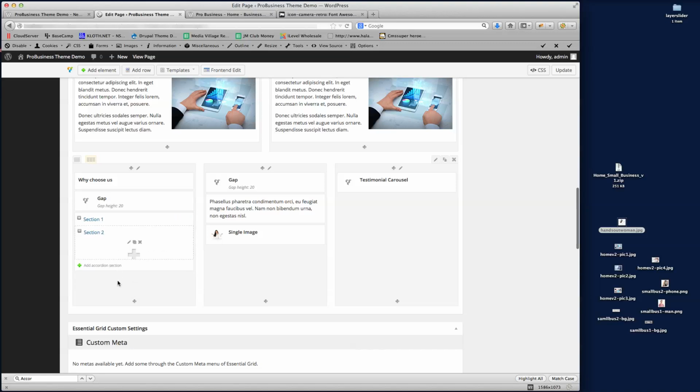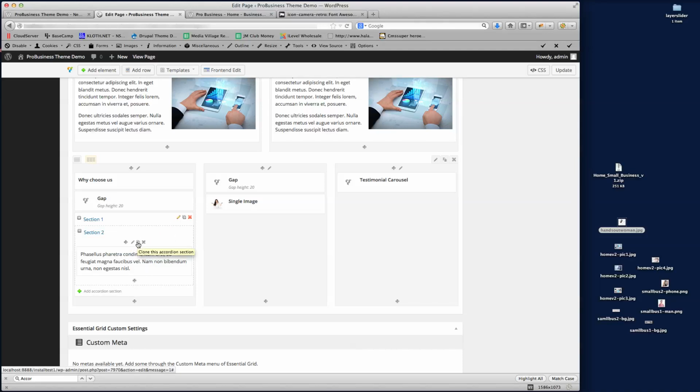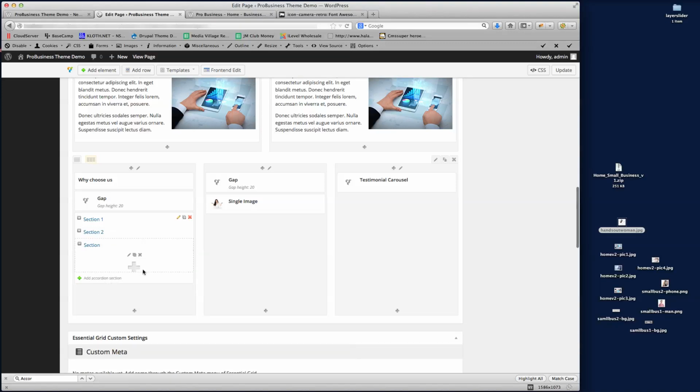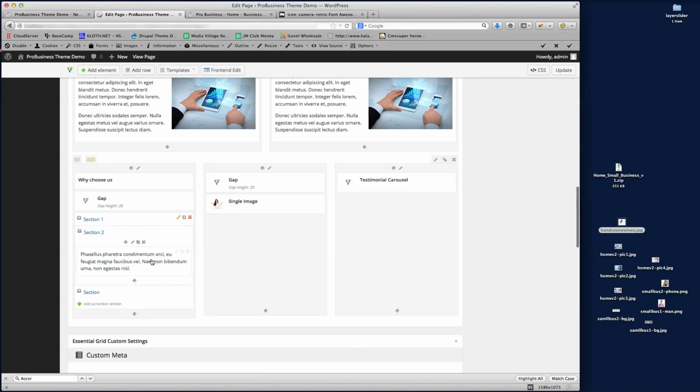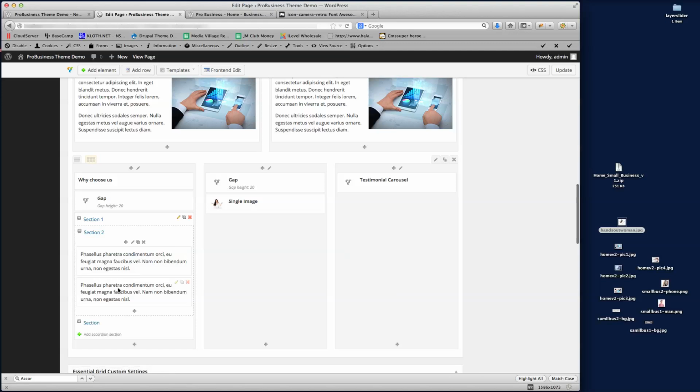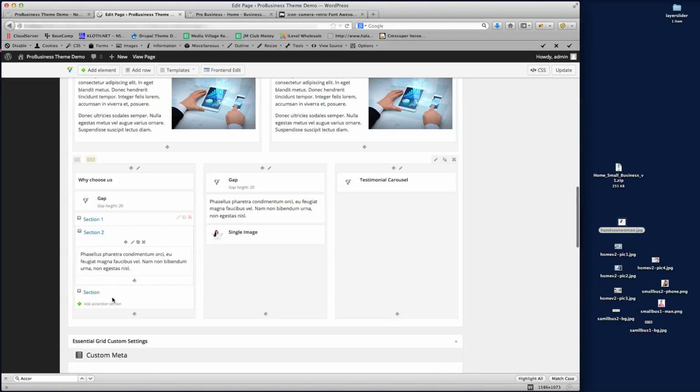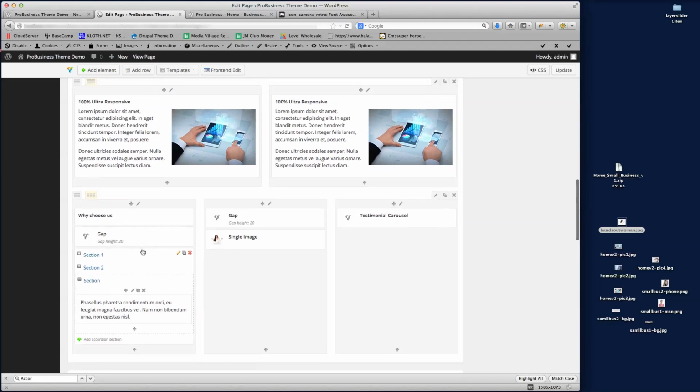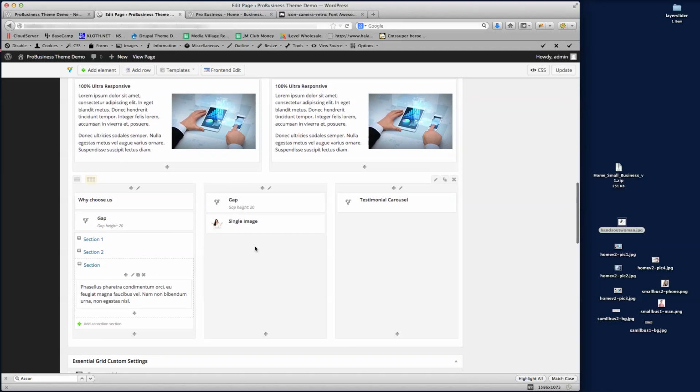Then if we click on section 2, we drag it into there, and up here we can create another accordion section. So we'll put that there, and then we'll go back here. We'll copy that again, move it over here so we can get to it, click on that one, and move that into there. So we've got 3 sections there for the accordion, just to show you quickly how that works. So if we update that now,